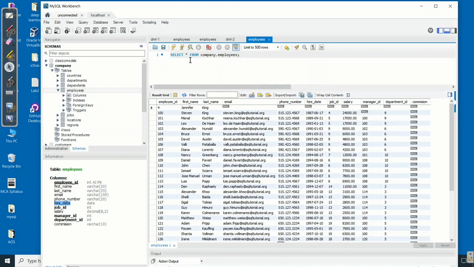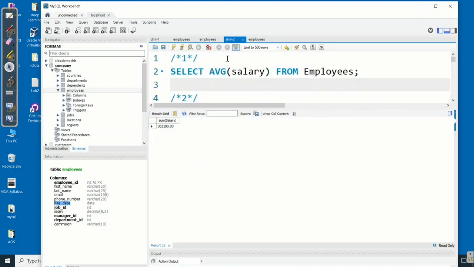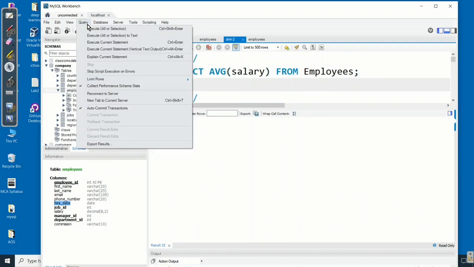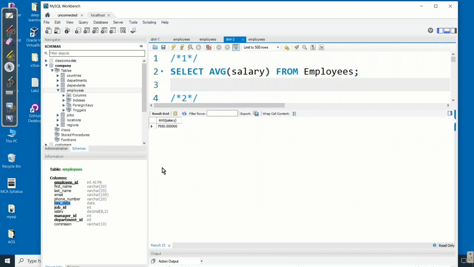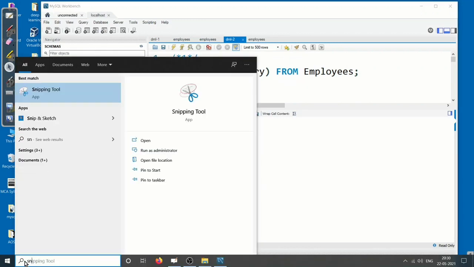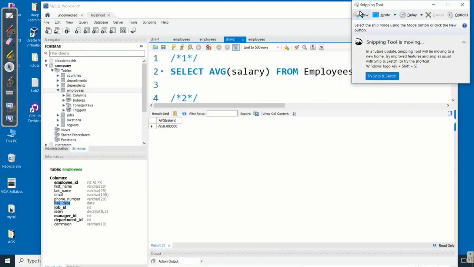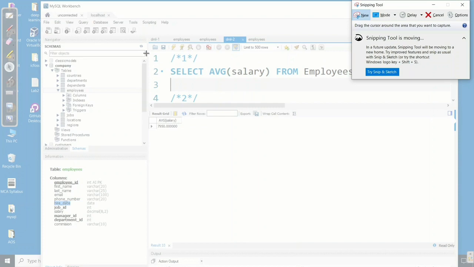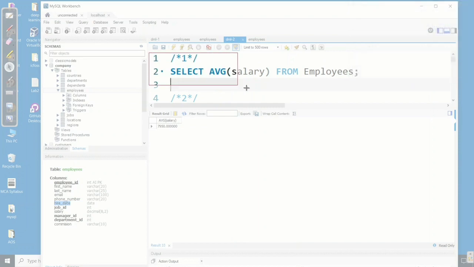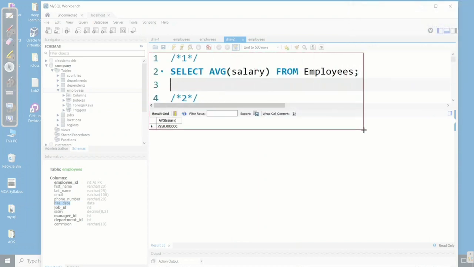Salary is the column name. Execute the query. The average will be displayed here, and it can be copied. The result along with the query can be copied with the help of a snipping tool. This is available on both Windows and Linux machines.